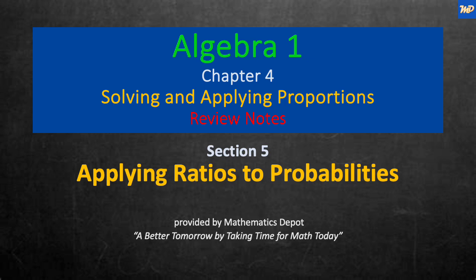This video covers Chapter 4, Section 5, titled Applying Ratios to Probability. By the end of this video, you will have reviewed the skills necessary to understand theoretical probability. Then you'll be reviewing how to find theoretical probability and also finding the complement of an event. Then you will move to experimental probability, where you will be finding experimental probability, and end up using concepts of